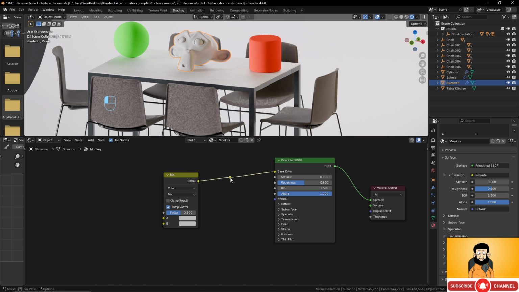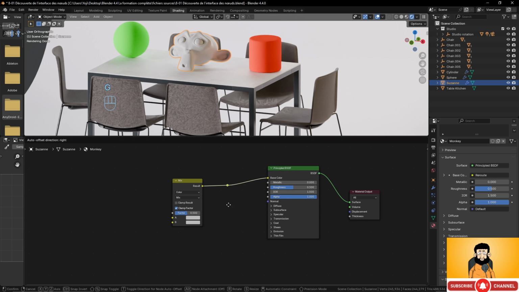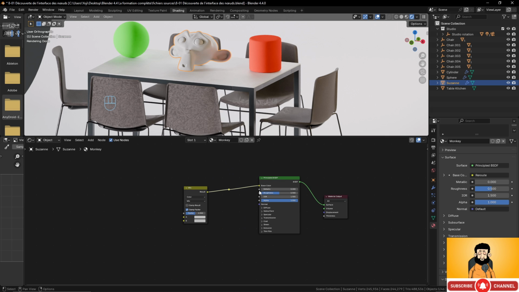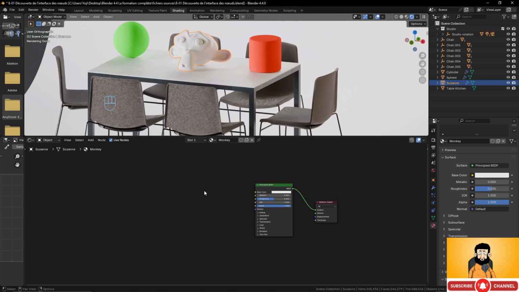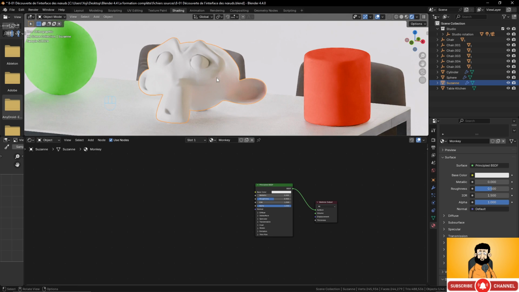You see that now you have this one that you can move somewhere else just to organize well all the little noodles that you will have here. Okay, so this is basically the system of it. And to manage that, I really recommend, and it's really something that you will have to use if you want to be efficient with the node system here,